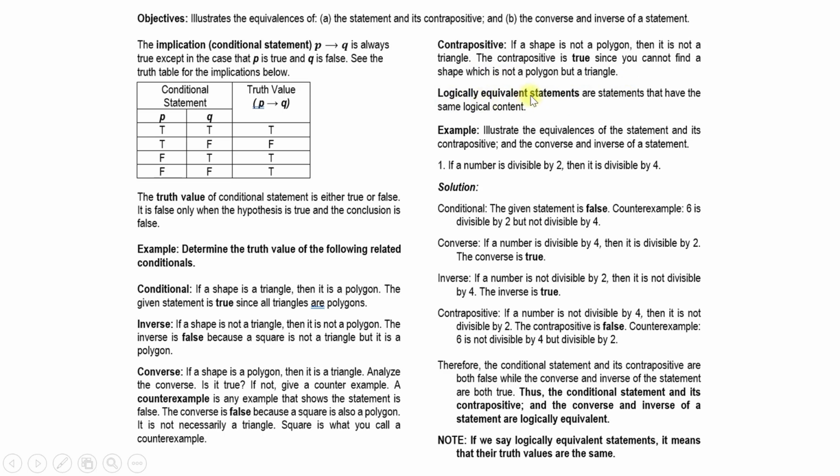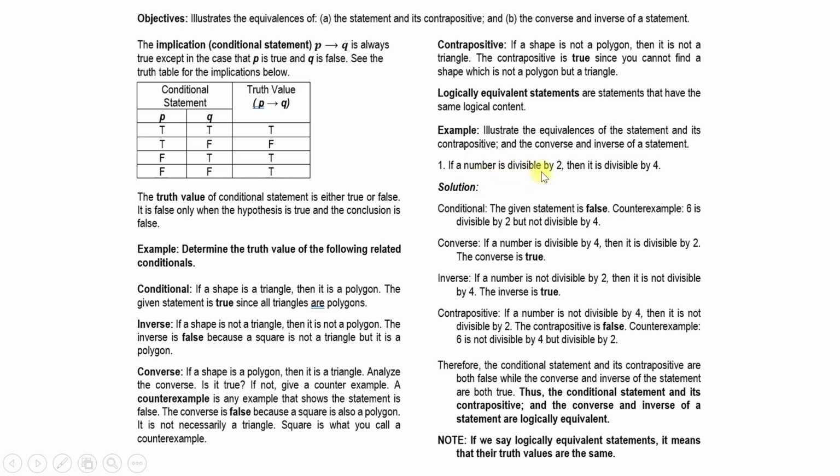If we say logically equivalent statements, class, these are the statements that have the same logical content. In other words, they have the same truth value. For example, illustrate the equivalences of the statement and its contrapositive and the converse and inverse of a statement. For example, number 1,